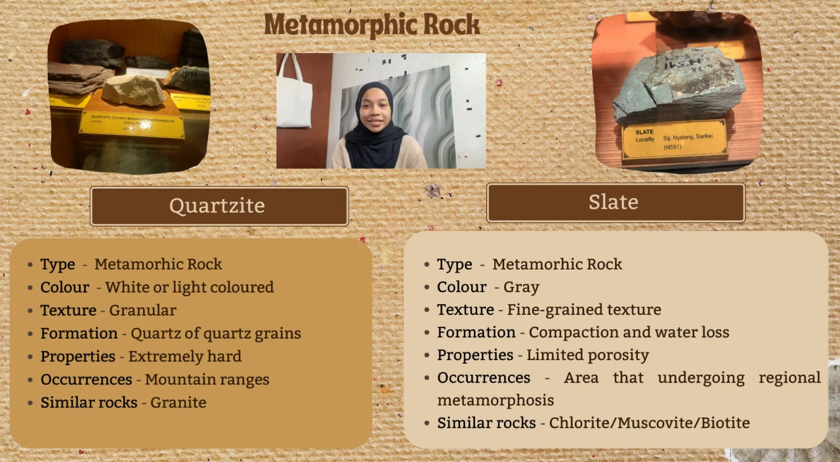Next, slate. Slate is a gray metamorphic rock with a smooth texture, formed from shale or clay-rich rocks that undergo intense pressure and lose water over time. It's hard, doesn't absorb water easily, and forms in regions where rocks are transformed by high pressure and heat. Slate is similar to other fine-grained metamorphic rocks like chlorite, muscovite, and biotite, which are found worldwide in areas with